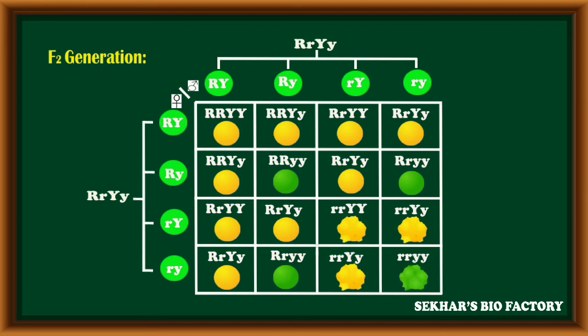The last combination is small r, small y. It is phenotypically wrinkled green. It is also one of the characters selected as a parent in parental combination. In this way, in dihybrid cross, along with the parental combinations like round yellow and wrinkled green, new combinations like round green and wrinkled yellow, such type of combinations are possible in F2 generation, which is conducted by Mendel with two pairs of contrasting characters.